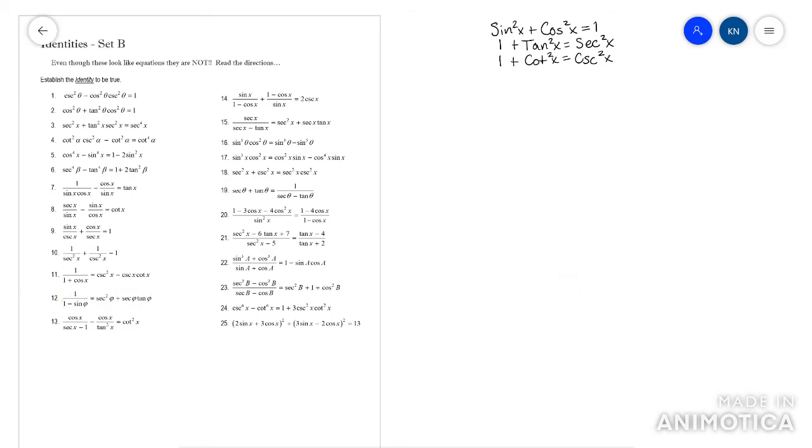Okay, next up, number 13. We've got cosine over secant minus 1, and it's minus cosine over tan squared. All right, to me, what's jumping out is this secant x minus 1. This is basically the same scenario that we just had when we did conjugates. So I would immediately hit this with its conjugate, which is secant x plus 1,